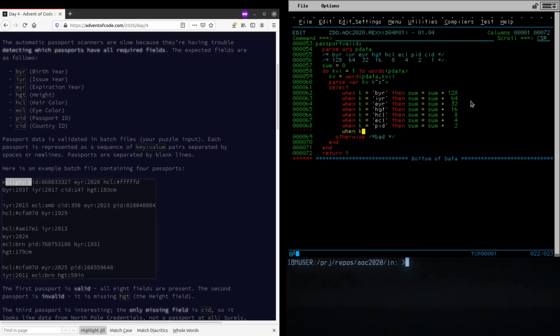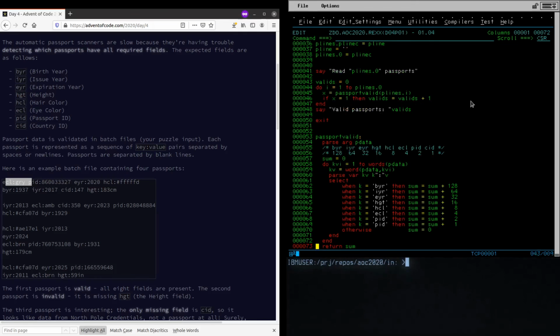And when K equals the country ID, then sum equals sum plus 1. Otherwise, it's terrible, so we can set the sum to 0. And then we just return the sum. Well, we'll return some rum, would be good on a Friday. Return the rum, and then